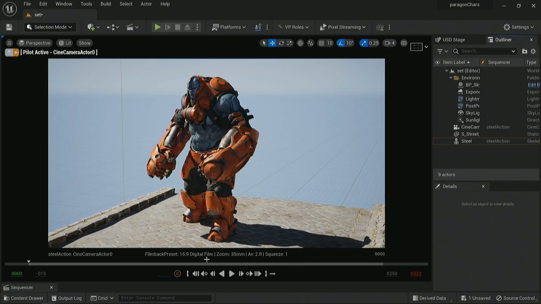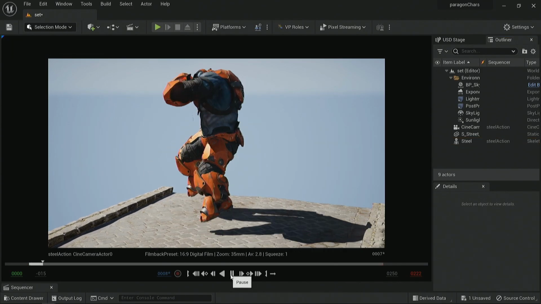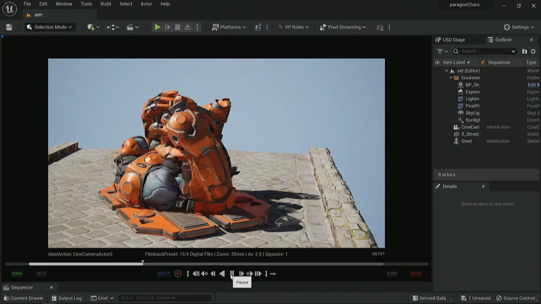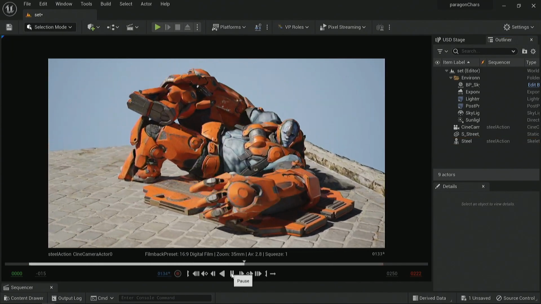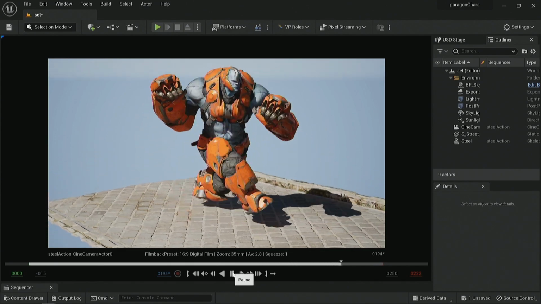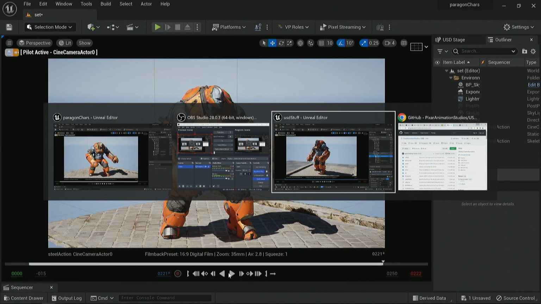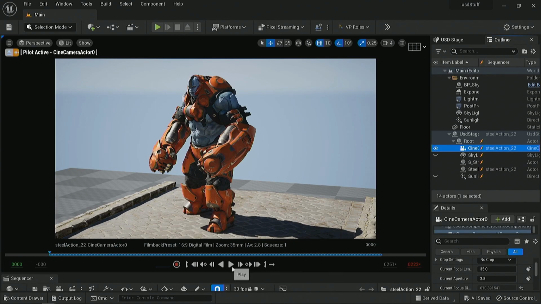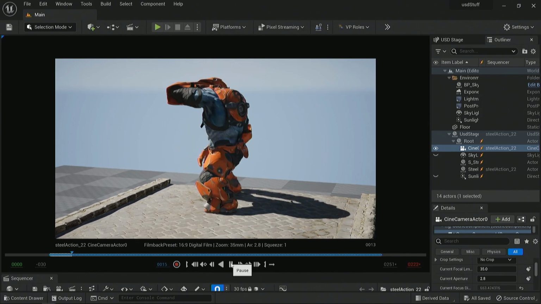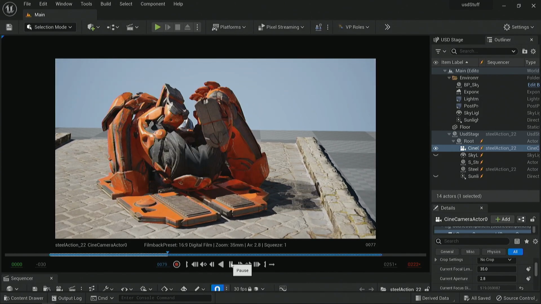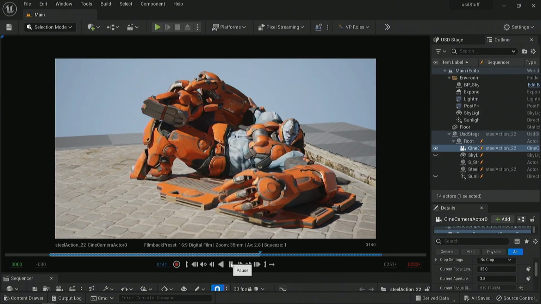So this is a simple example of a character in Unreal, from Paragon, an older game. And then this is the same thing that's been exported, and now this is USD. Okay, so full USD.